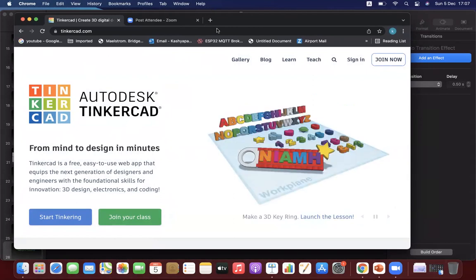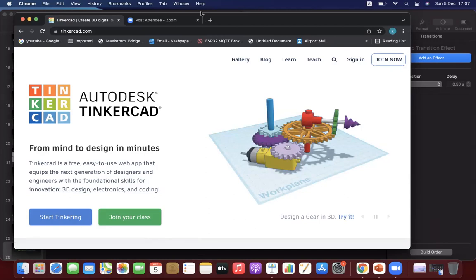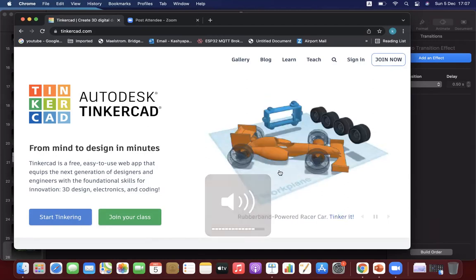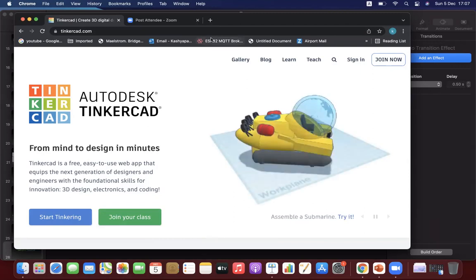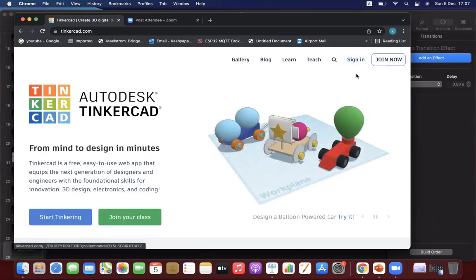Is this the window that you get? Can you tell me? Yes, sir. Okay. So in here, you can see there are two options, sign in or join now.